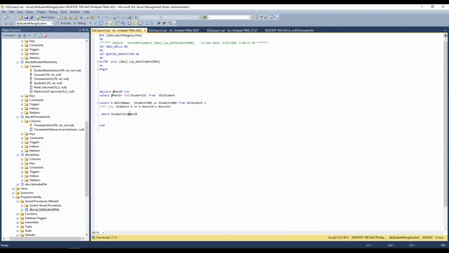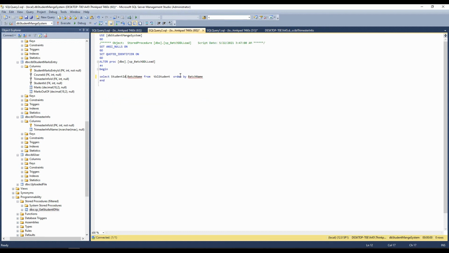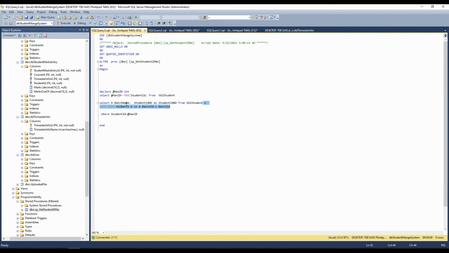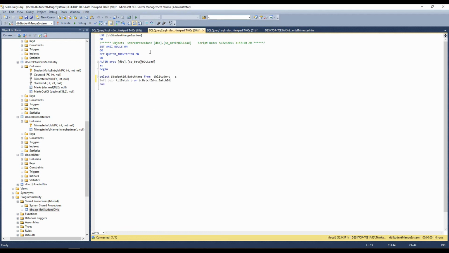Okay, just copy this line and paste it here. Okay, as student id number. Okay,